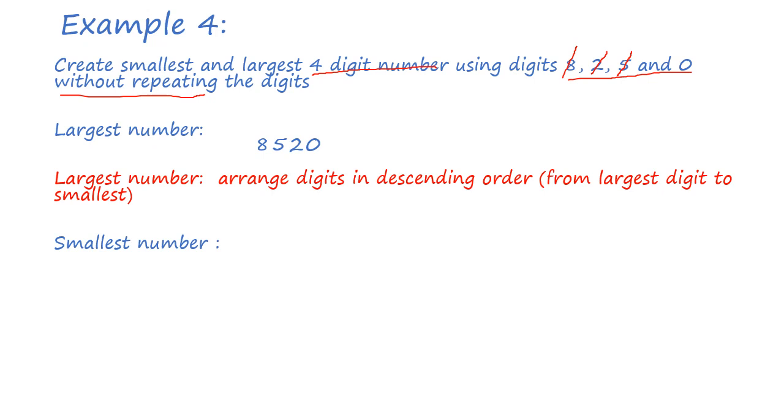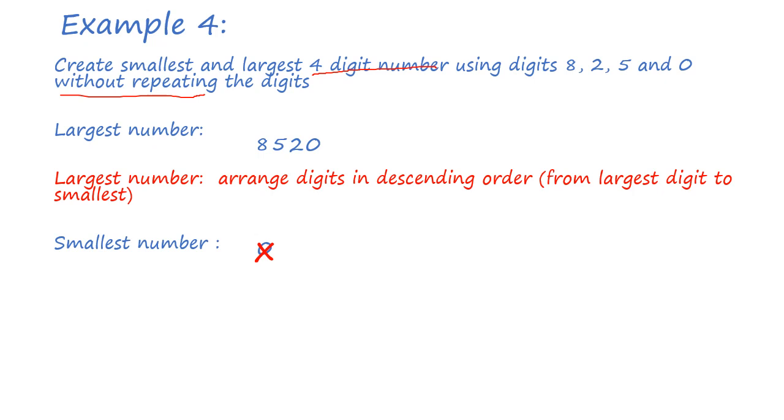So let me just clear these things and we will do it formally again. Okay, let me remove this and let me start with the smallest digit. From all these digits, 0 is the smallest digit. So let me put 0 here. But I remember that I cannot use 0 as a valid leftmost digit. The valid leftmost digit has to be a non-zero digit. So I cannot use 0. I have to use